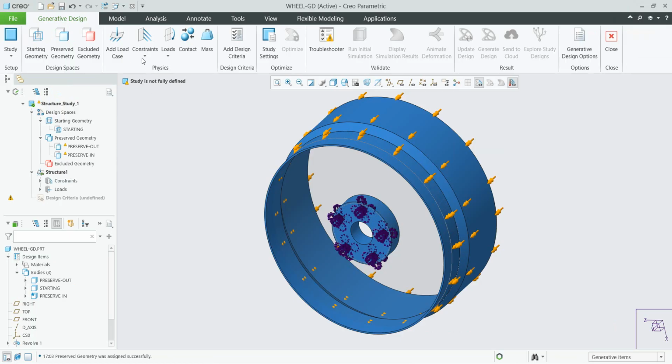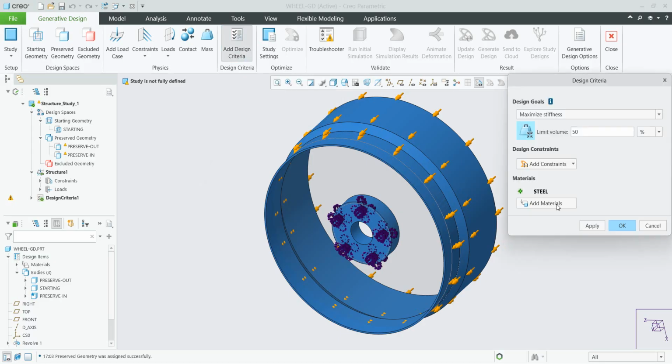The next step is the definition of the constraints. As spoken last time in the previous tutorial, you are able to work with fixed constraint, displacement, planar, cylindrical and ball constraints, or you can also specify the loads as force, moment, pressure, bearing and all the others. So please specify all necessary constraints and definitions,